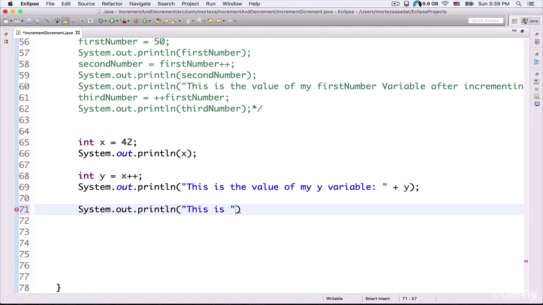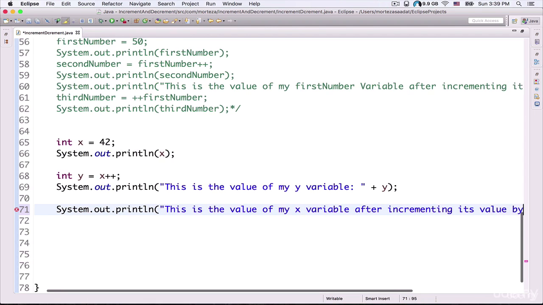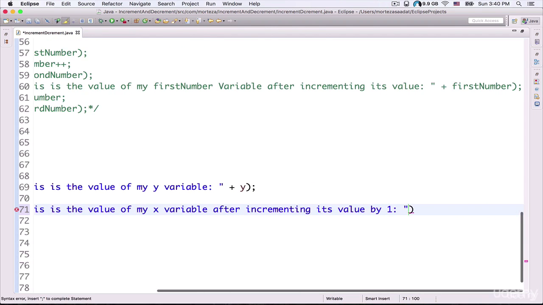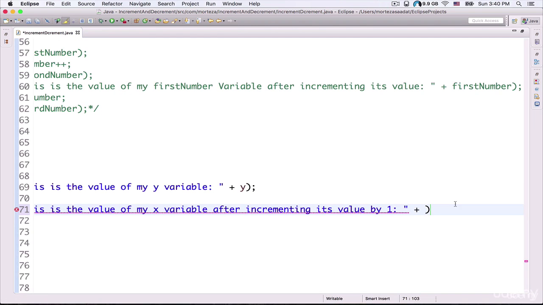This is the value of my x variable after incrementing its value by 1. Okay, so here I use the plus operator in order to concatenate this text with my variable name. So I just put in the variable name here, and at the end of my statement I need to put